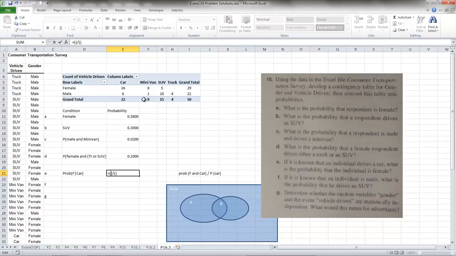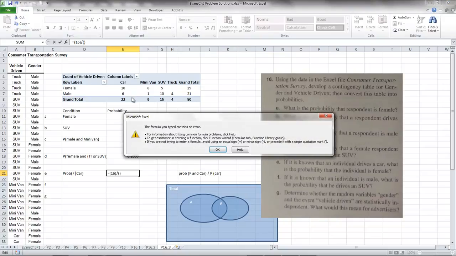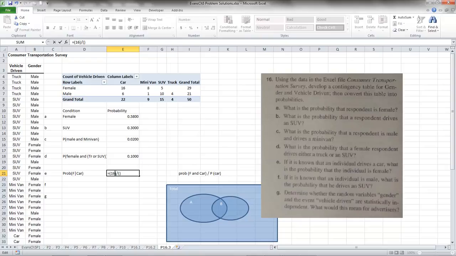Probability of a female and a car. The female and car intersection is 16. The entire probability is 16 over 50. Okay, so that's the probability of